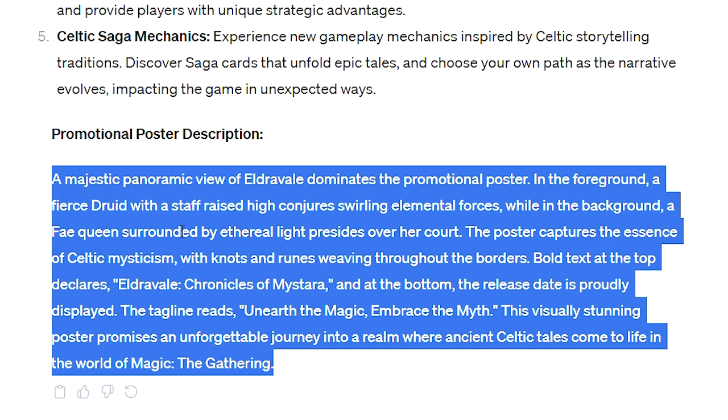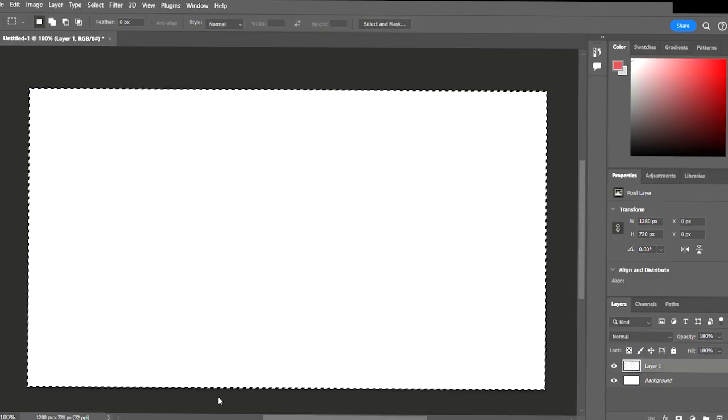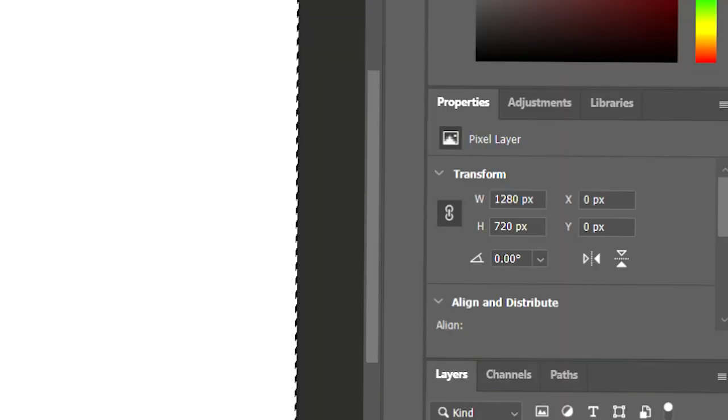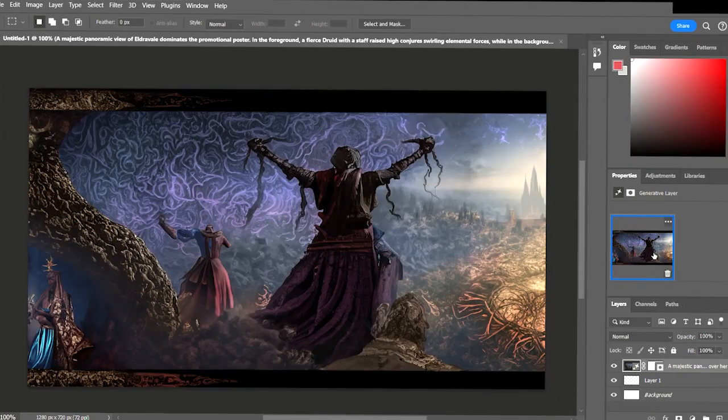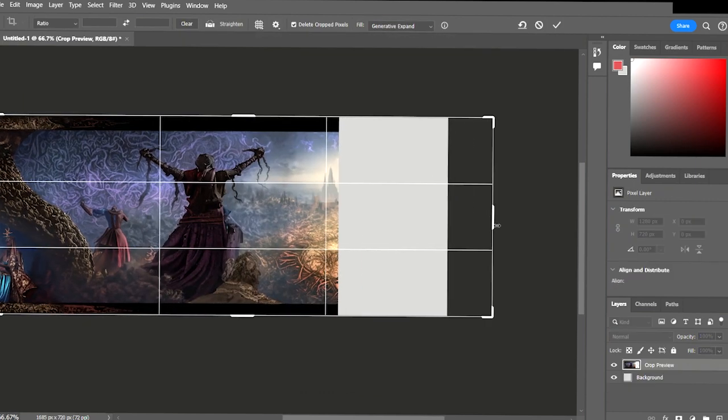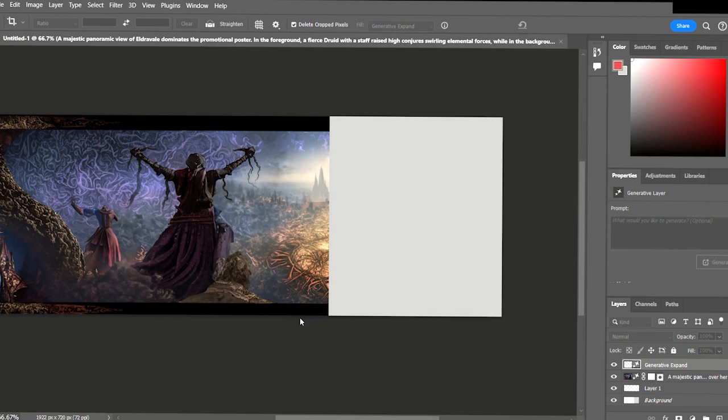So I copied the description and went over to Photoshop, created a new layer, selected the screen and used the AI generative fill, pasted the AI description, and let it generate, and it gave me this. Now this is a bit of a mess, but part of this I actually like quite a bit. So I decided to take the part that I like and use the AI fill to expand the image,